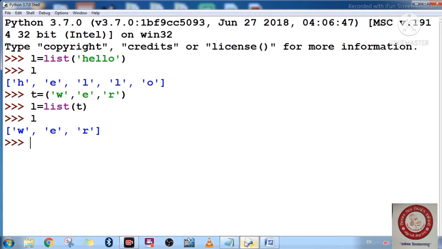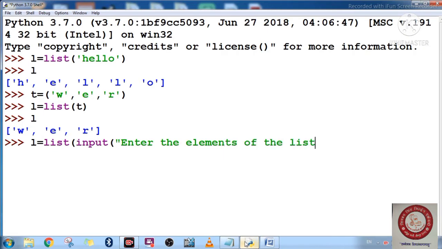One more thing, if you want to pass the input function inside the list function, you can do that. How can I proceed for that? Let's write here list, then after your bracket, right here input, then enter the elements of the list.